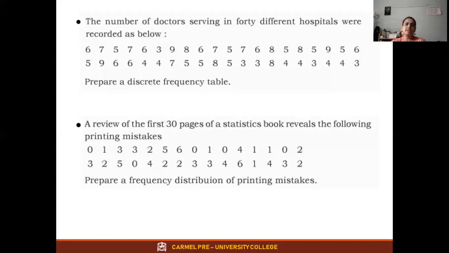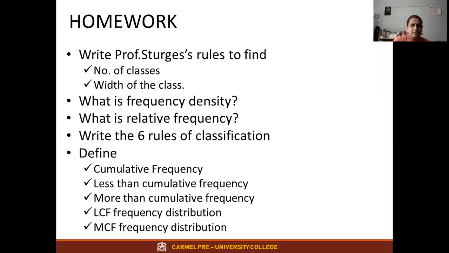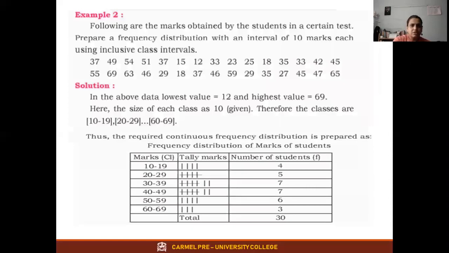These are all discrete distributions where your numbers are very few. Whereas in the previous, see the numbers, you can't do discrete. You have to do class intervals. They are ranging from 12 to 69. You can't write 12, 13, 14. The rule of table is you must have only 15 maximum. Whereas if you start for this, if you do discrete, you will have to do 40 or 50,